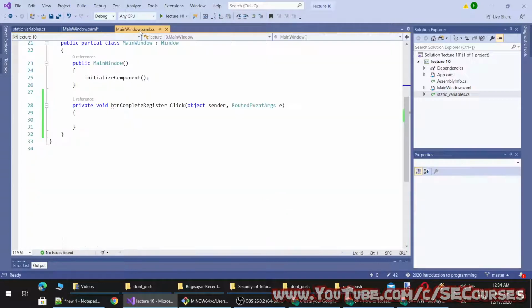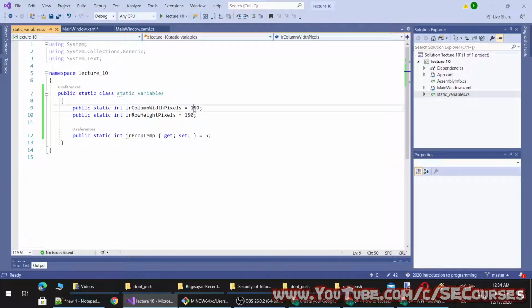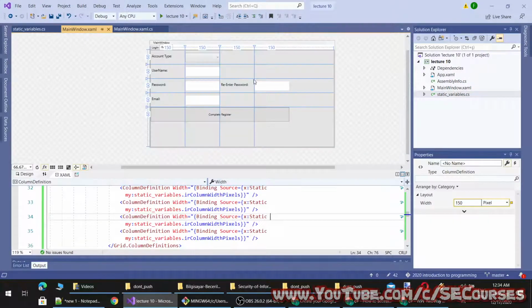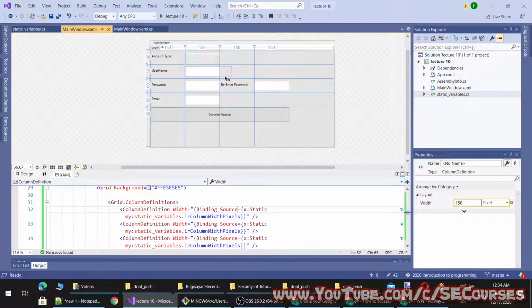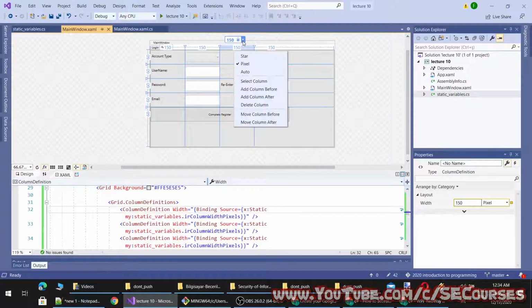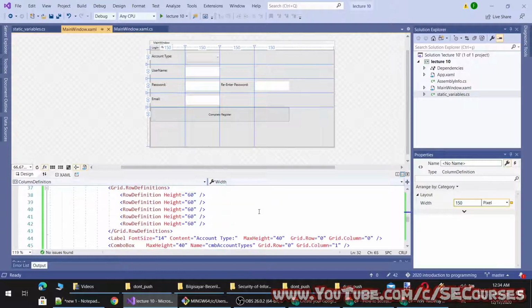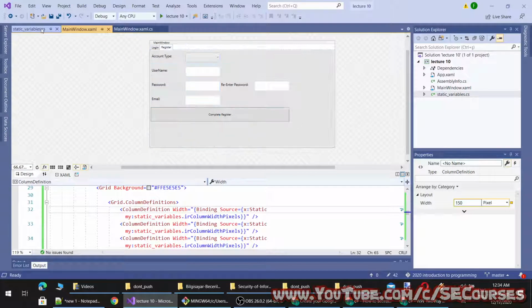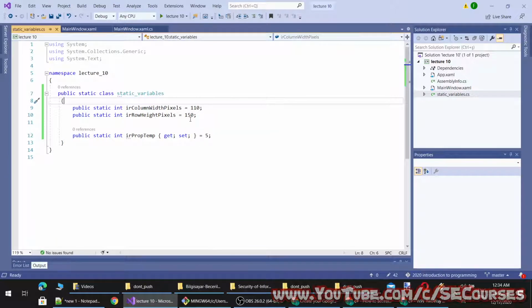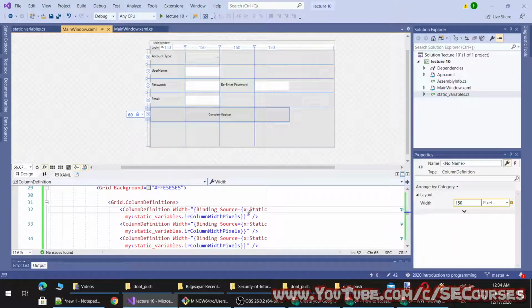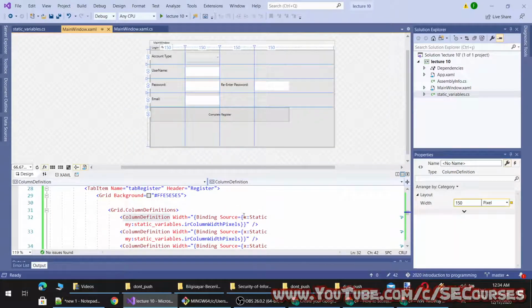Now I can change my class to something else, and it will get updated in the XAML as well. Okay, 60 pixel, 150 pixel, column width pixels, and row height, let's make it 50 pixel. And it didn't get updated perhaps.